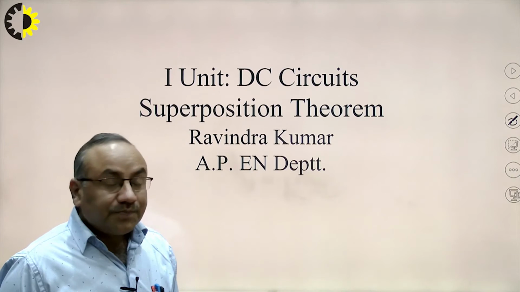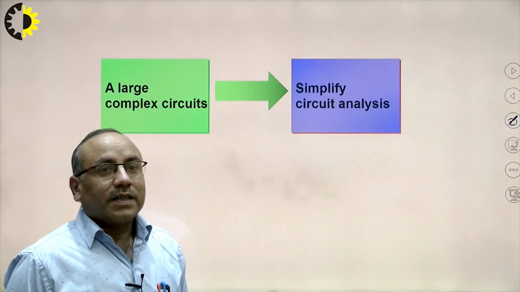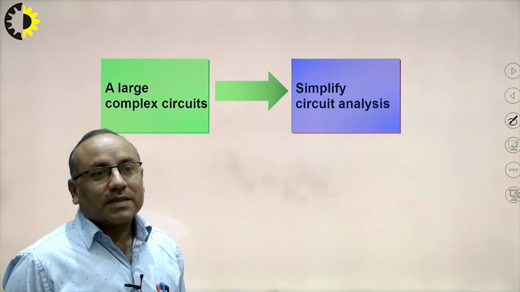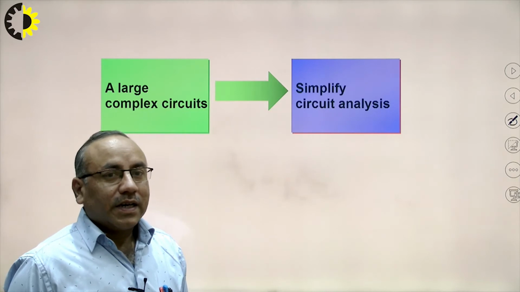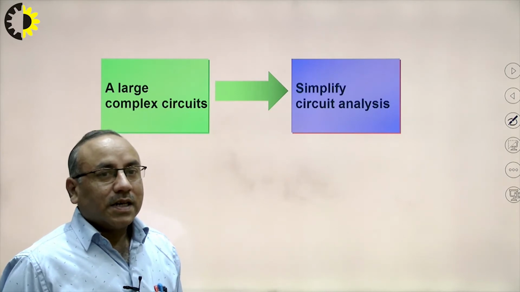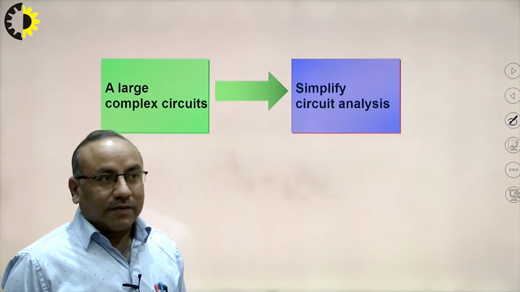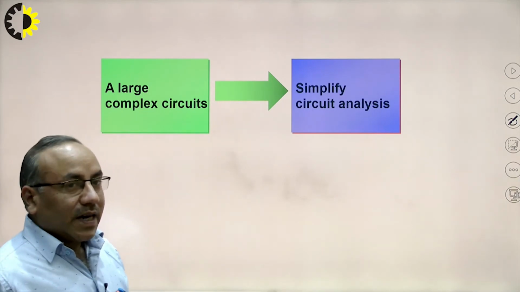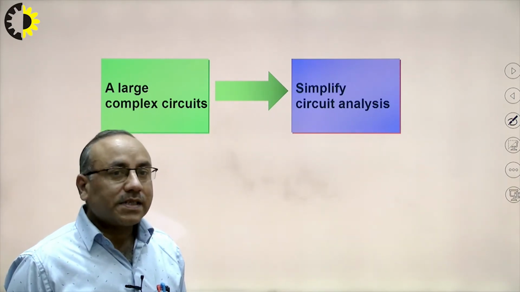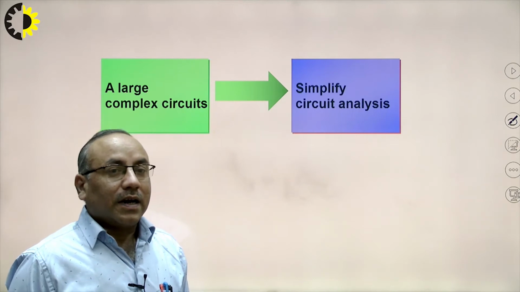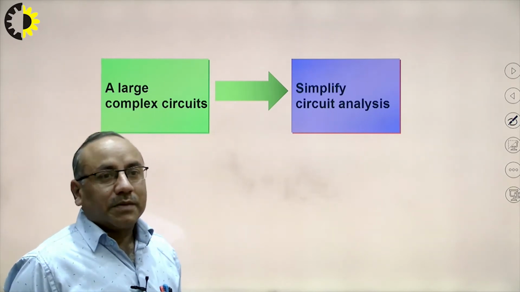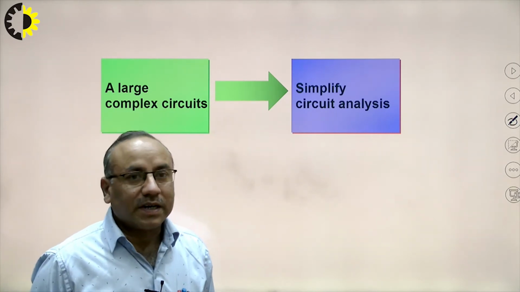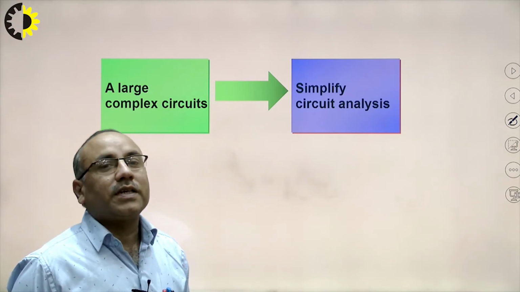If a given complex circuit is available with us, we want to simplify this circuit with the help of circuit analysis. By the previously discussed methods we can simplify the given circuit with the help of mesh analysis or loop analysis, and also using nodal analysis, plus if it is possible, with the help of series parallel reduction of the circuit. That way also we can simplify the circuit.